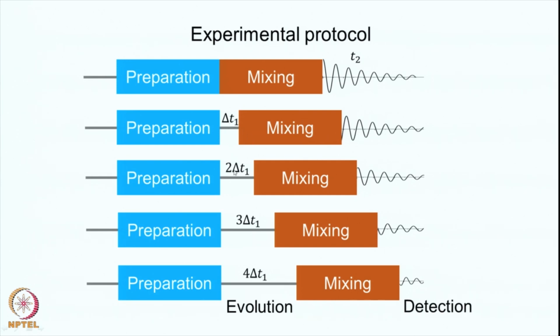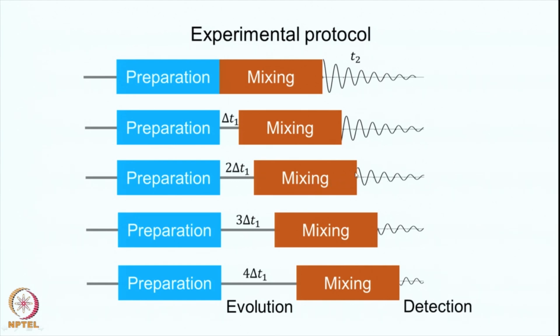Now, you increase this time to 2 delta T1. Here it is an increment, let us say about 100 microseconds. We will see what determines this time increment, and you systematically increment it. So, here you have delta T1, and you do this experiment once more with 2 delta T1. This part remains the same, these do not change. Only this changes, you increment this time. So, it is 2 delta T1 and you collect an FID once more here.